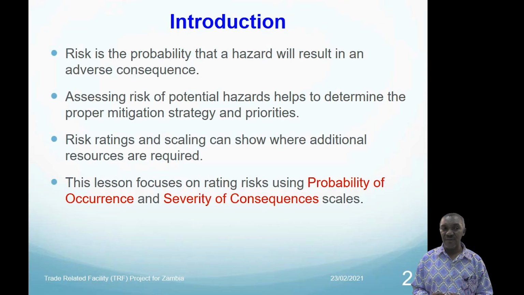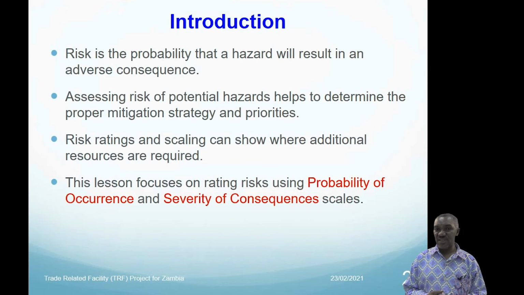measures. For instance, if you have different suppliers who supply commodities to your enterprise, and you do some form of risk assessment, you find that, for instance, the risk of a supplier giving you a contaminated product, maybe supplier A, is higher than supplier B. But you might need the commodity from the two sources. So what you may want to do is put in intervention measures in order to reduce the risk. So this risk assessment helps you to prioritize where to put those intervention measures so that you can have